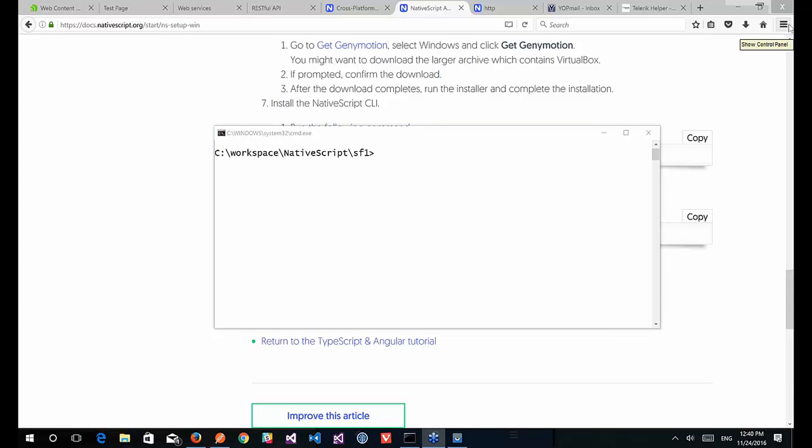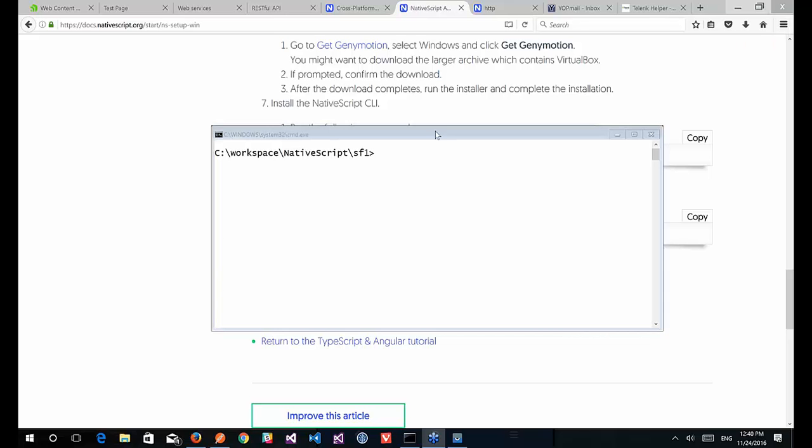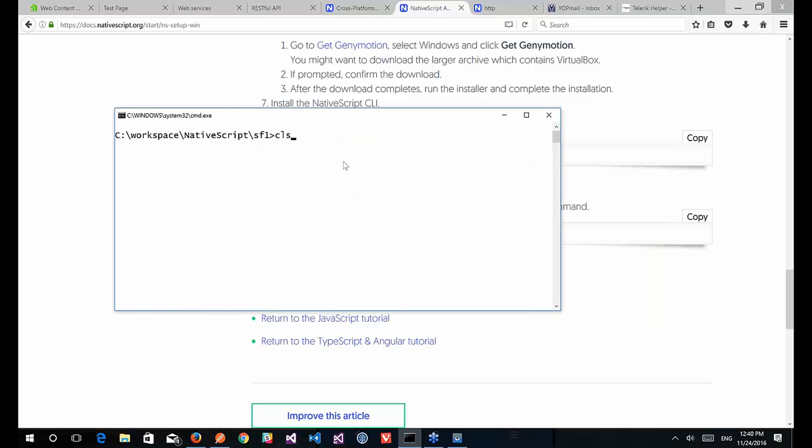this is my command prompt, and in the command prompt, if I say TNS doctor, it's going to look out for whether NativeScript is installed correctly or not. TNS is a short form for Telerik NativeScript. It comes back and says, hey, you have everything correct, so you can go on, something like that. So it's now checking a couple of things, where NativeScript is, all those things, and we should just get back